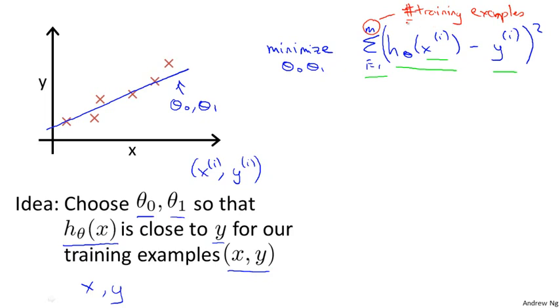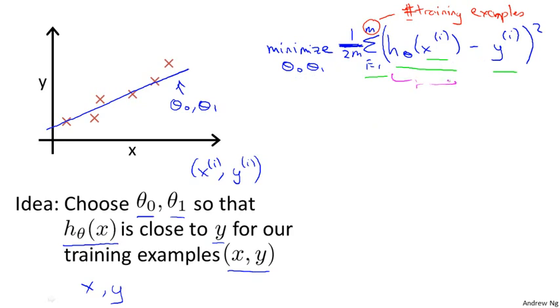And to make some of our later math a little bit easier, I'm going to actually look at 1 over m times that. So we're going to try to minimize my average error, which is going to minimize 1 over 2m. Putting the constant 1/2 in front just makes some of the math a little bit easier. So minimizing 1/2 of something should give you the same values for the parameters theta 0 and theta 1 as minimizing that function. And just make sure this equation is clear, right? This expression in here,